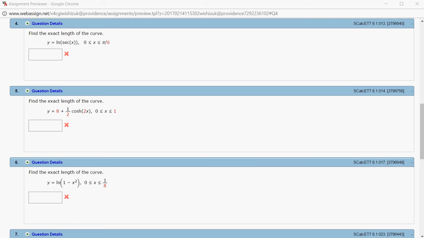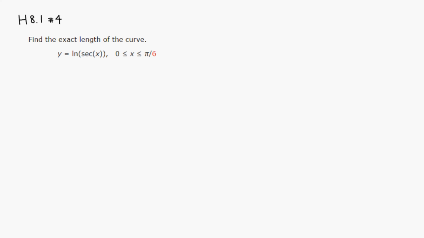All right, let's look at homework 8.1, problem number 4. We're going to find the arc length of the graph of this function from x going from 0 to pi over 6. First let's find the derivative. So we're going to find dy over dx,